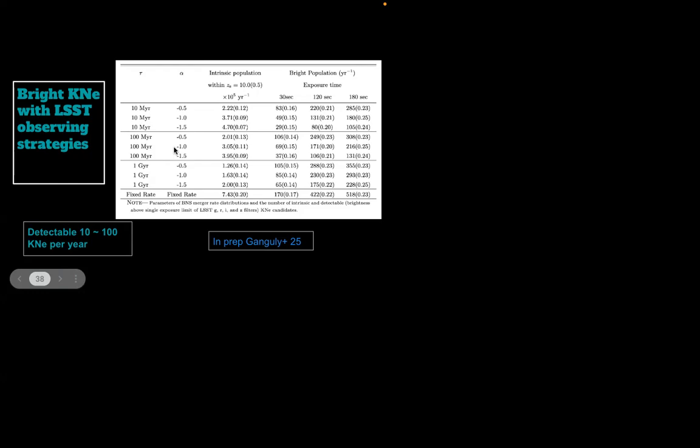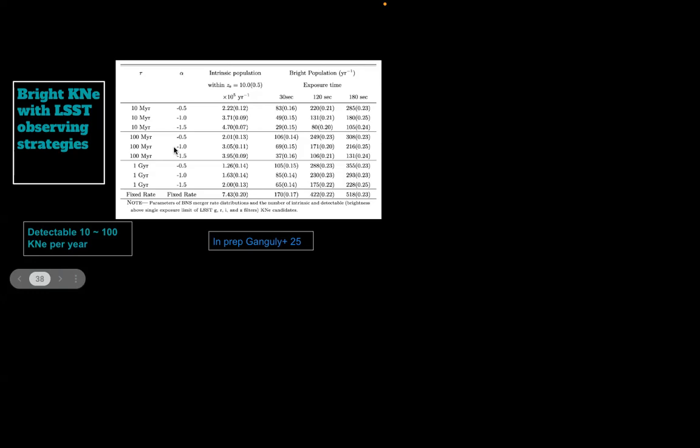Yeah. So I always talk about the wide fast deep survey. There is one other survey mode. This is called the target of opportunity observation, so this is called TOO. The moment you have a GW trigger from a kilonova, LSST will go to that patch and observe it, if you give 100 square degrees, with a much higher cadence and go deeper. I'll show you some depth limits particularly for TOO observation. But yes, you are right. You have to be serendipitous to discover a kilonova. It will be very difficult because you will not have the 3 days.